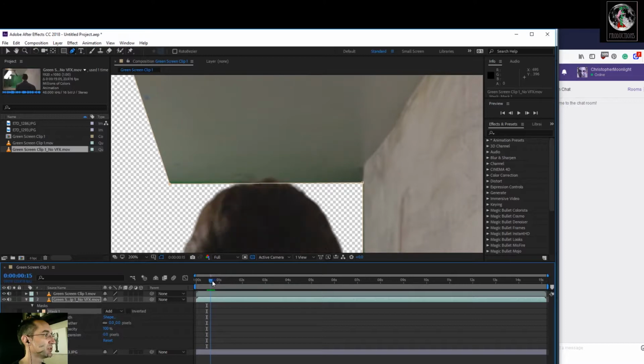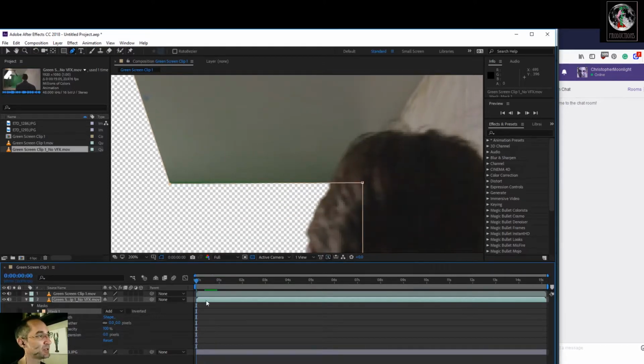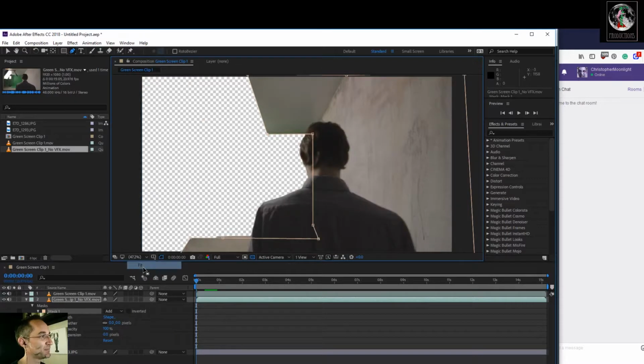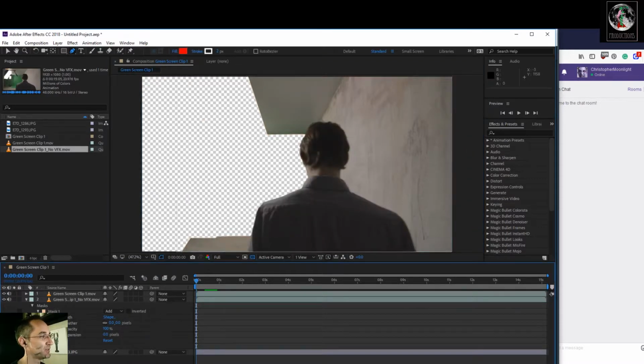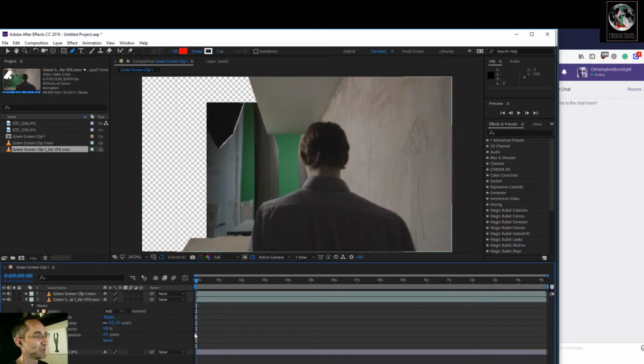So you lose that little sprig of hair. That's the thing that's really bothering me. But we'll see if we can roll with it for the moment. Gotta roll with that roll. Okay, so